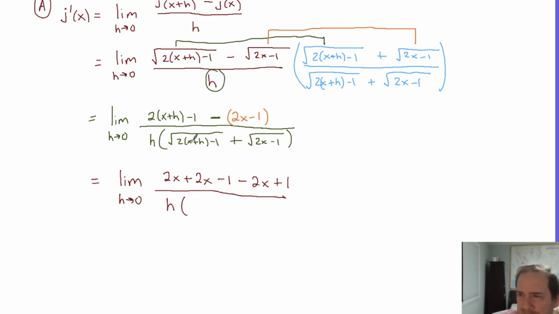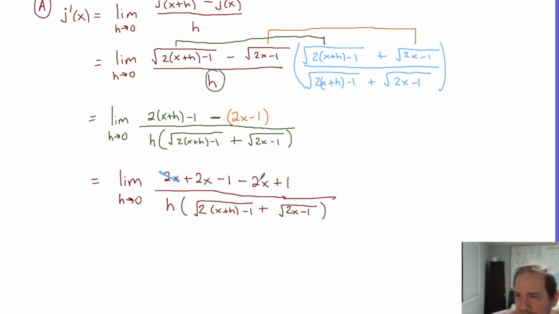I kind of want to distribute this 2, but I'm not going to. It'll be the root of 2x plus h minus 1. That's a big old root. Then we're adding to that the root of 2x minus 1. That's a big old root. So there's everything. I know it's a lot, but now we get to clean it up,